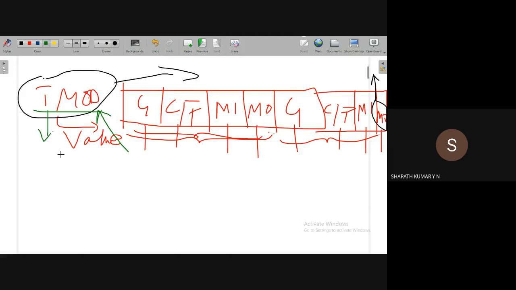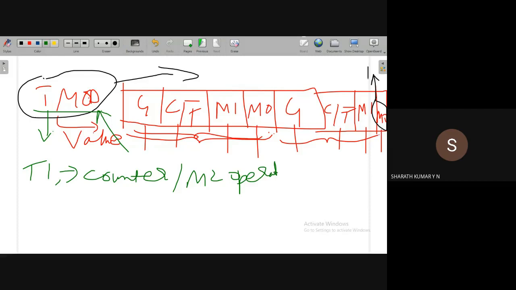Let us say now I want timer 1 in counter mode and mode 2 operation, with the programming method. That is, the starting of the timer is using the programming method, not using the external pin. So timer 1 in counter mode and mode 2 operation in programming method.